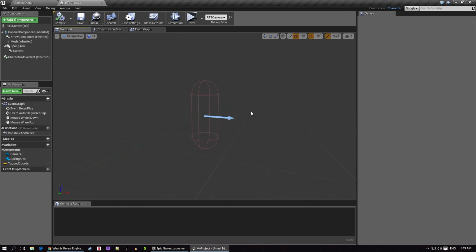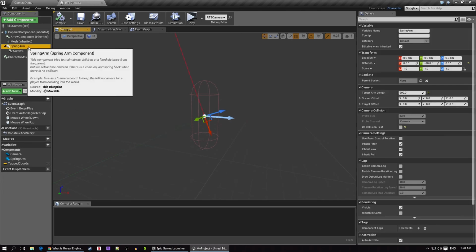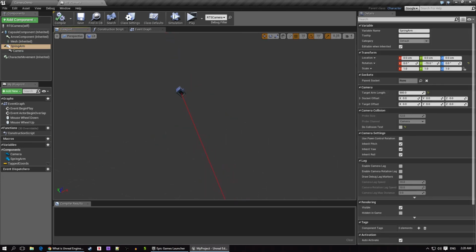Doesn't look like a whole lot because I haven't shown a whole lot. But if you look over here at the components window, which basically gives you an overview of all of the individual parts, you'll see that we have a thing listed here called a spring arm. And if you look up above, there is a camera attached. And the camera is your viewport, obviously, into the game universe, into the game world, right?